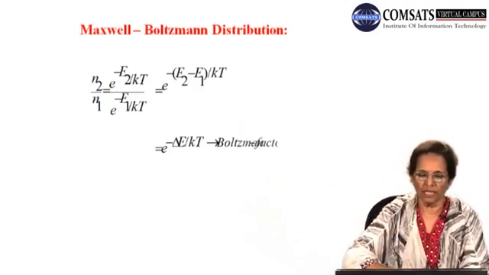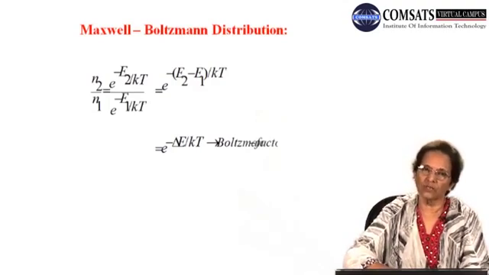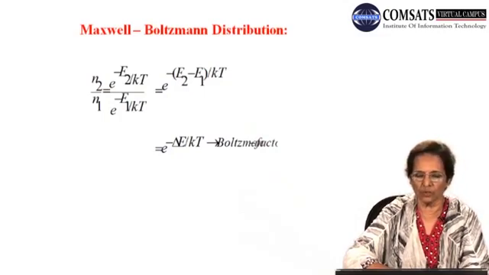So the electron concentration in energy state E2 and in energy state E1 is subject to an exponential distribution function, which is termed the Maxwell-Boltzmann distribution function, and it comes out to be approximately equal to e